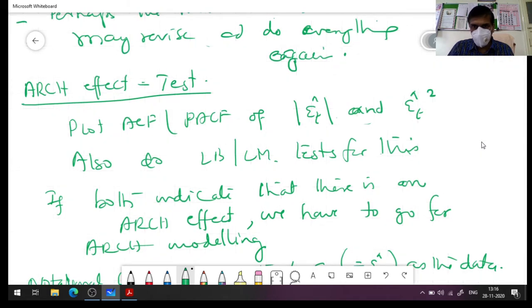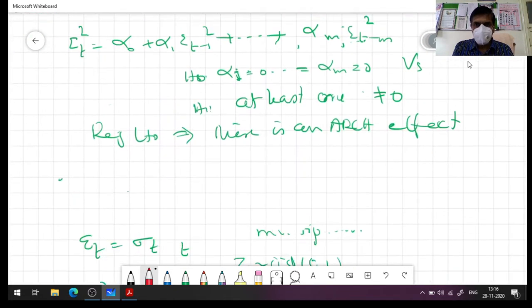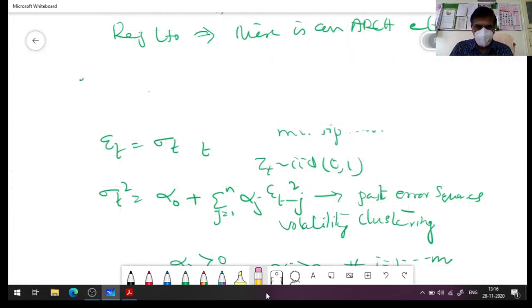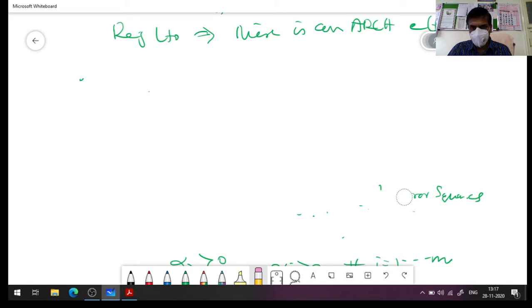Of course this can also be identified by the ACF and PACF of the absolute values and squares, because that also gives you an indication. So this is equally useful, the ACF and PACF, along with this test. Now once you have this, the next step is to come up with the model. Some hint you are going to get from this testing. In time series, if you want to do something you need to have a model to start with. Of course later we can polish that model. So to start with,